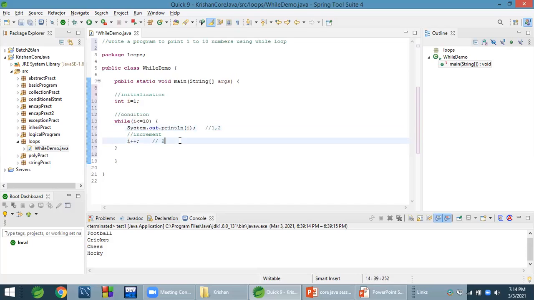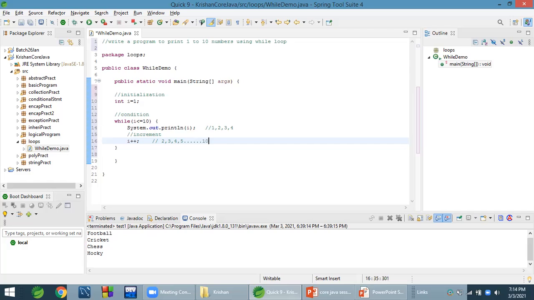Again i++, it will become 3. 3 is less than or equal to 10, yes, then it will print 3. And i++, it will become 4. Again we go here, 4 is less than or equal to 10, yes, condition true. Here it will print 4 and i++ will make it 5. This will be true till 10.